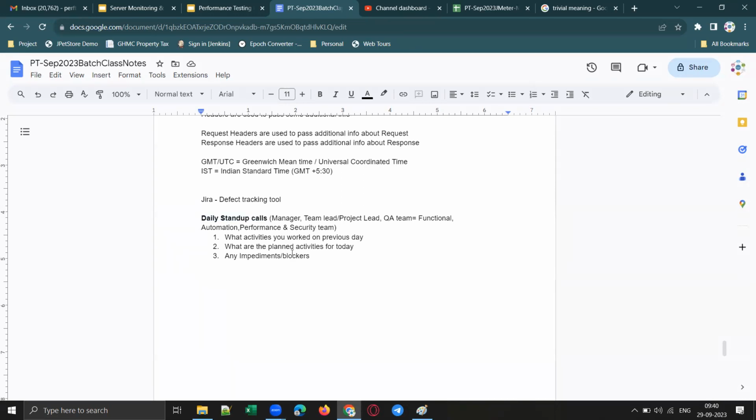Now, coming back to this defect life cycle, in the stand-up call you can also mention if you found any defects. You can mention that you found some functional issue. You can ask the QA team, who will be there in the stand-up call, whether any defect is already raised for this issue. If they say yes,